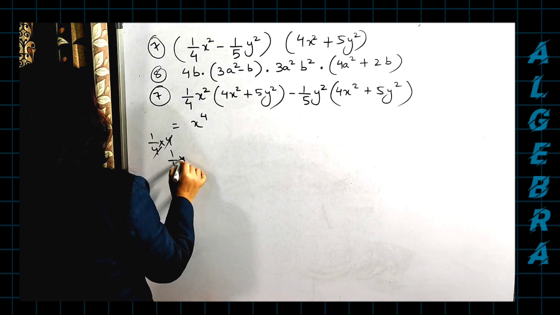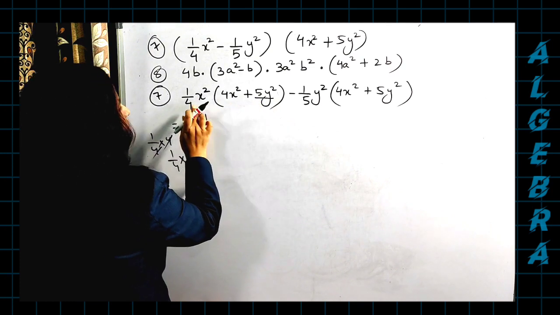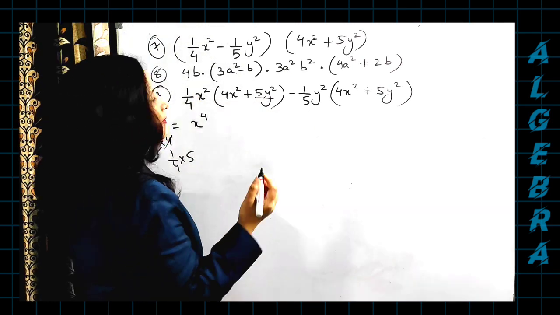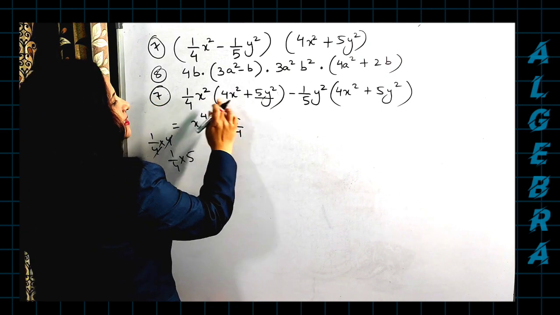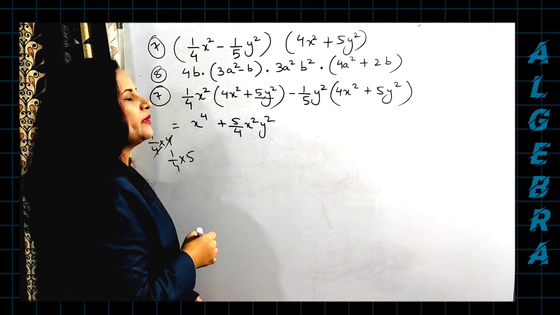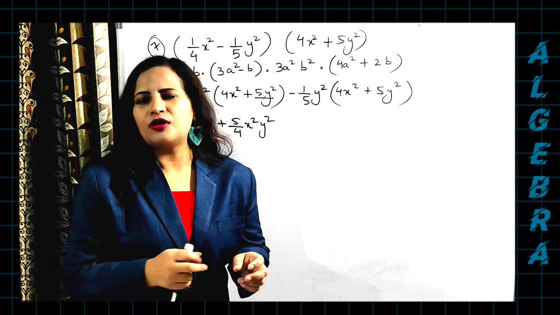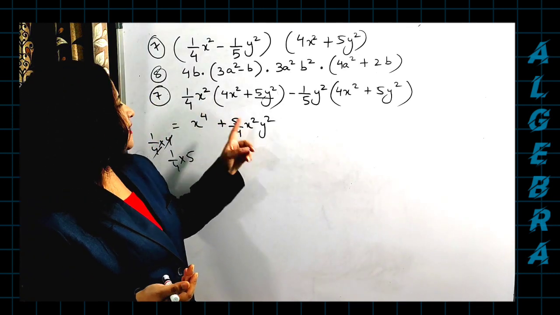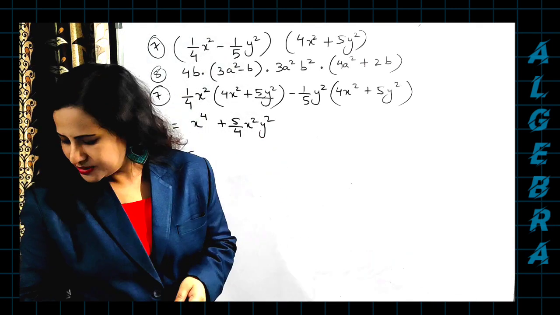Now again, what we are having now, 1 by 4. See, now 1 by 4 will be multiplied to what? 5. First you have multiplied with this already, over. Now with this, 1 by 4 multiplied to 5, we get how much? 5 by 4. Both are plus only. So plus 5 by 4. And x square is there, y square is there, so both are unlike terms. Remember one thing, you can multiply the unlike terms, but you cannot add and subtract the unlike terms, right? For addition and subtraction, you need the like terms. But you can multiply in the manner that you just write it together. That's it. And if they are having the same base, you will add the powers, right?